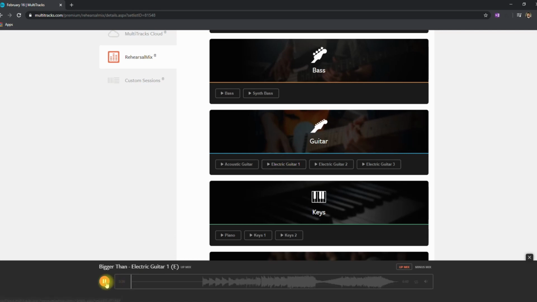Let's click on this one right here. Let's look at the beginning. So the electric guitar, look at this. Nothing happening there. Let's look at the second one. Nothing happening there. Nothing happening there. So the electric guitar player should make note on their arrangement that, hey, I'm not going to be playing until